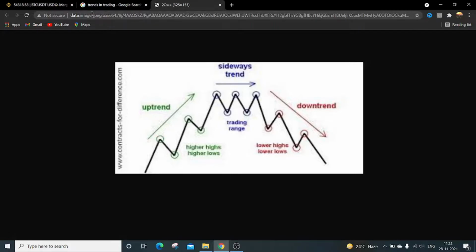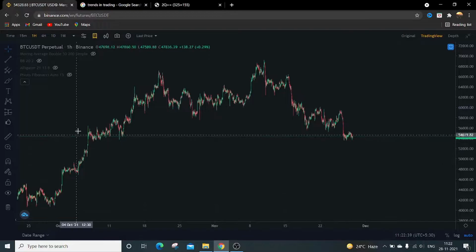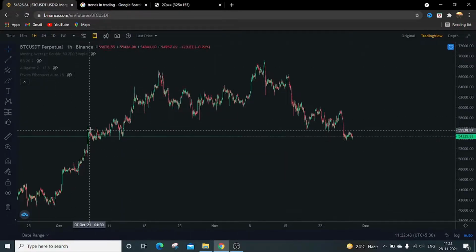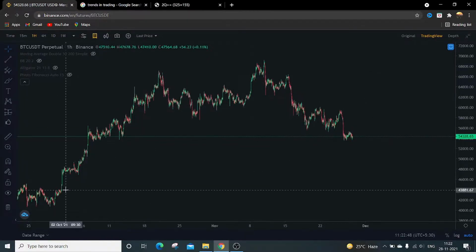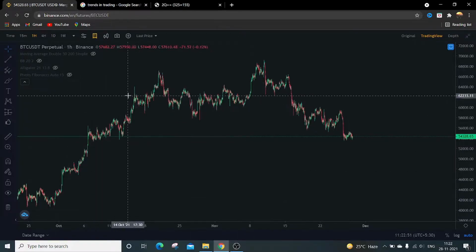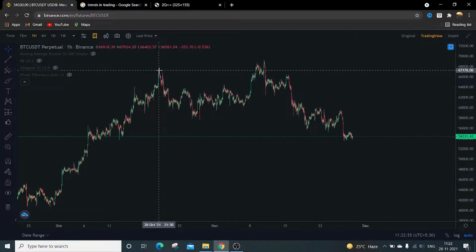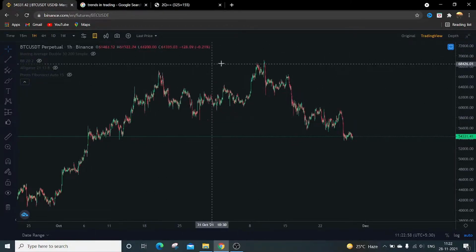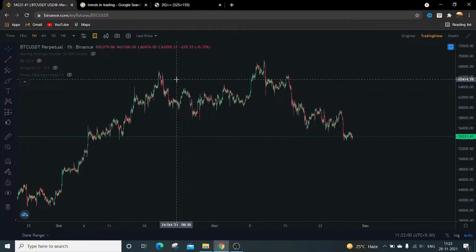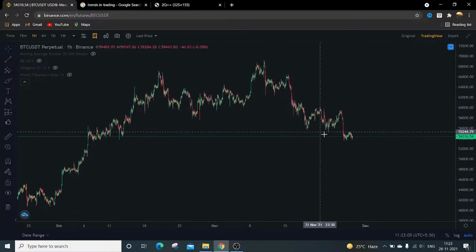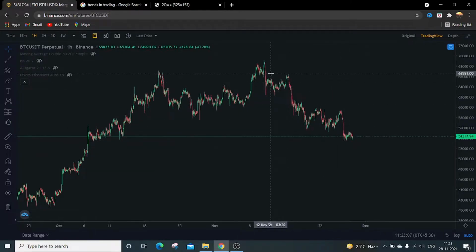To identify this uptrend, the funda is very simple. You just need to identify the higher points and the lower points. Just see where the higher points are going. That means the higher highs. If there is a condition of higher highs and higher lows, it is called an uptrend. If the high points and lower points lie in the horizontal direction, that is called a sideways trend. If the higher points go in the downward direction and the lower points also go in the downward direction, then that is called a downward trend.